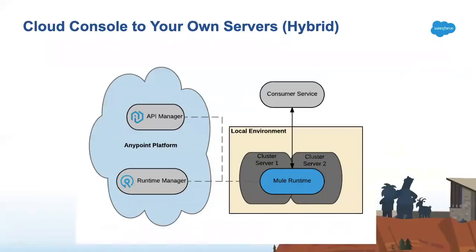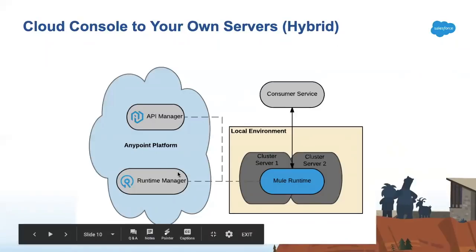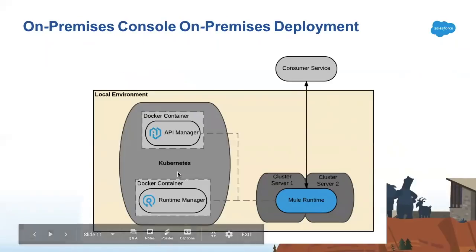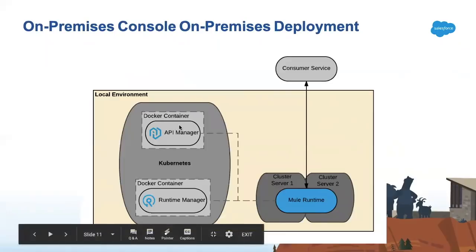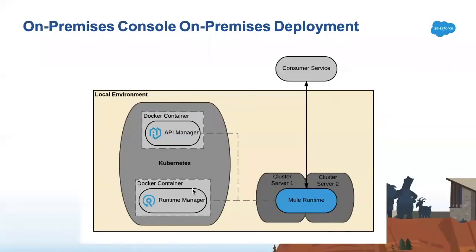Okay. Now, if you are a super secret company where you don't even want your metadata to go to cloud, this is your option. Have everything on your own premises. Containers, either Kubernetes or Docker, would be used to spin up the API manager and the runtime manager in your on-premises. So tell me, what permutation combination is left now? You have everything, right? In terms of security, Mulesoft meets everything. It's your choice how you want to go ahead.